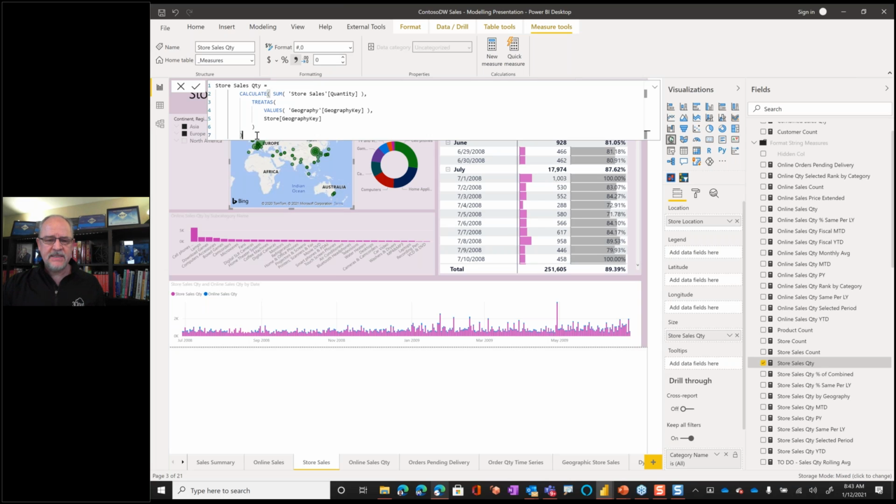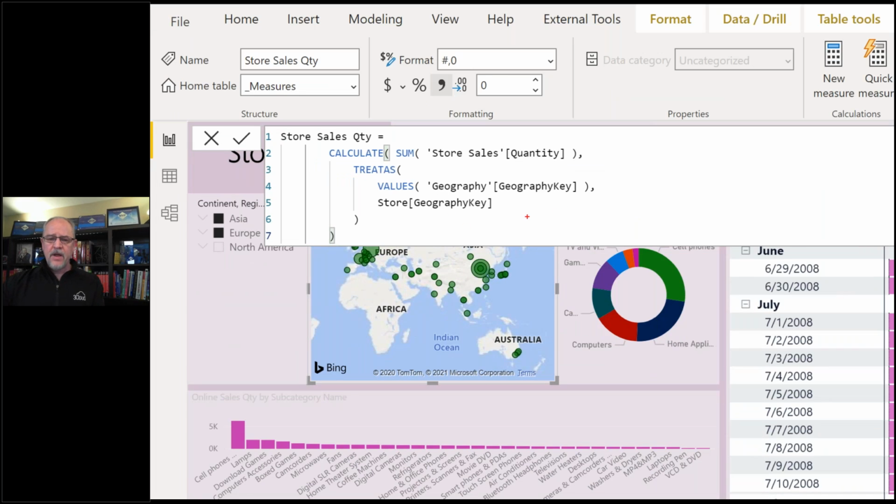And that's what this DAX measure is doing. So what we're saying here is that although there isn't a direct relationship from store to geography, there's no way to propagate a filter from store to geography, I can emulate that by using the treat as function.